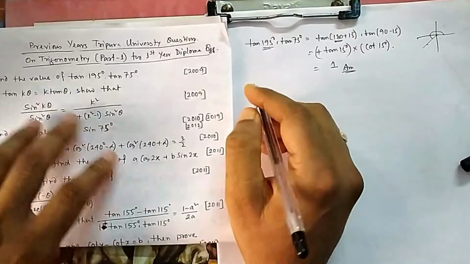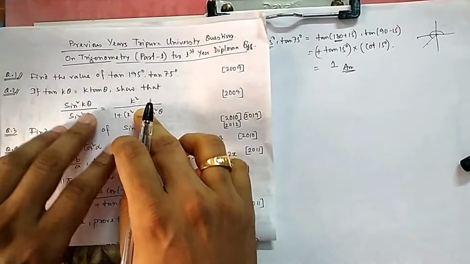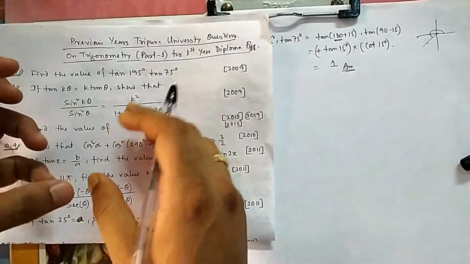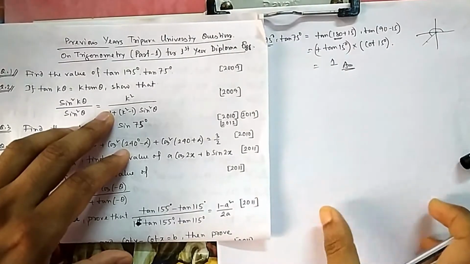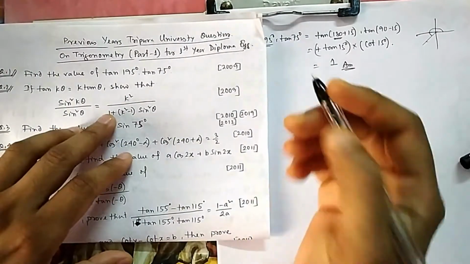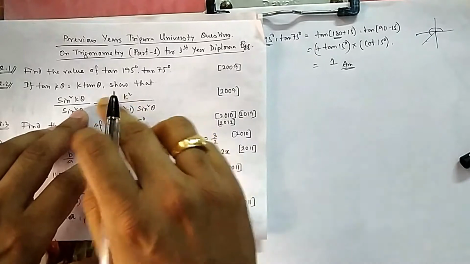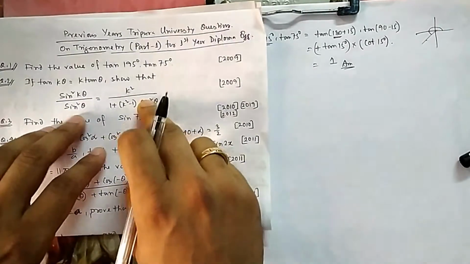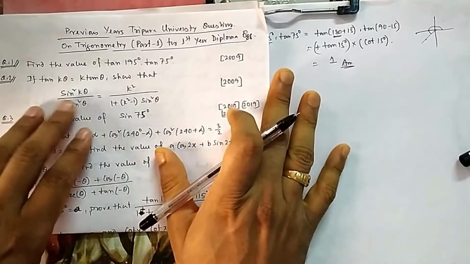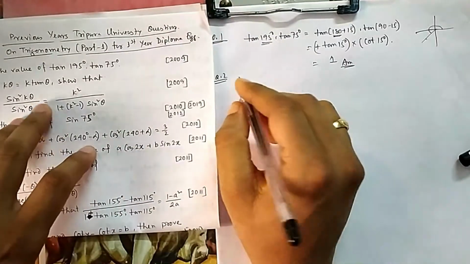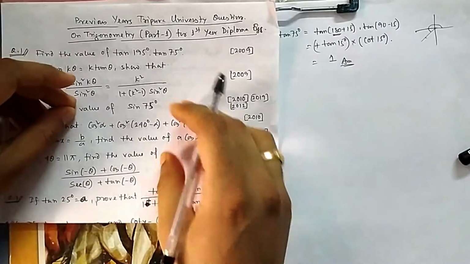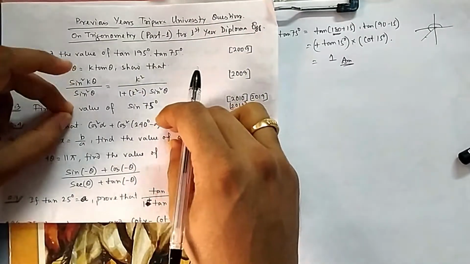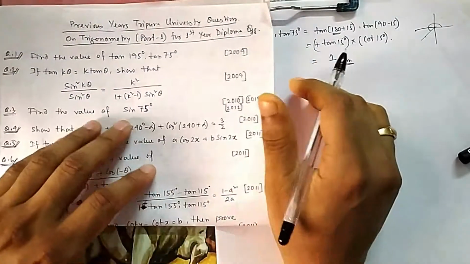So that's why you will put the value of k in the right hand side, or you can do it in both sides also. In the left hand side you do some steps, in the right hand side also you do some steps. At the end both should be equal. That is the purpose. It is not that you should start from here and reach there. There is no hard and fast rule. You can go either way. And in trigonometry, it is better if you go both ways, you do some 5 steps here, 10 steps here, and at the end both answers are equal, then you can say these two sides are equal.